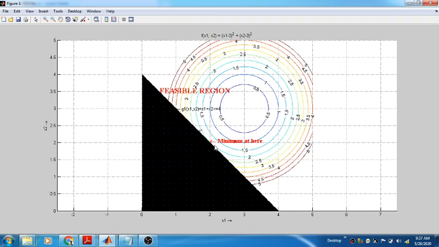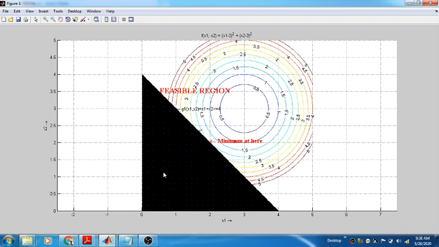So by the help of the graphical method you can solve it. Yes, you can solve it, right? The answer here is, if you substitute x1 equal to 2 and x2 equal to 2 in the objective function, it will give you 1 square minus 1 square plus 1 square, and this will give you 2, right? This is 2. 2 will be the minimum value, right? So this is the way to do it.